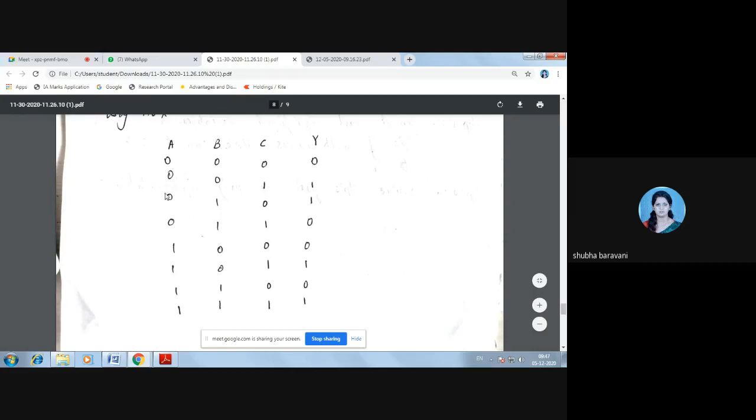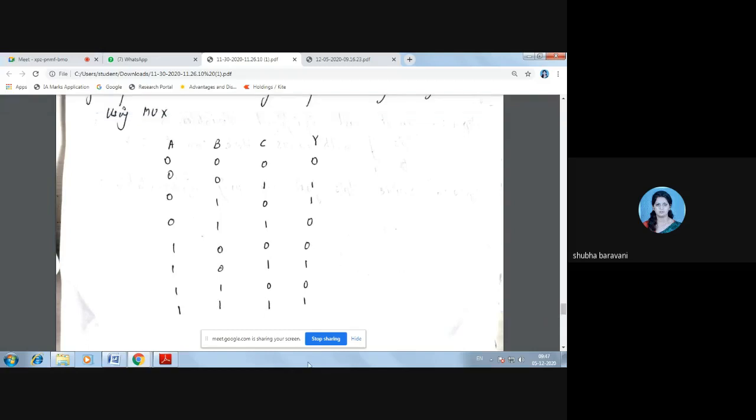All of you write the min terms for this. For the truth table, write the min terms.